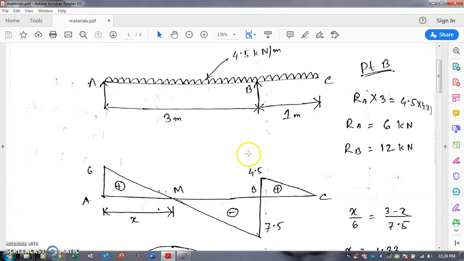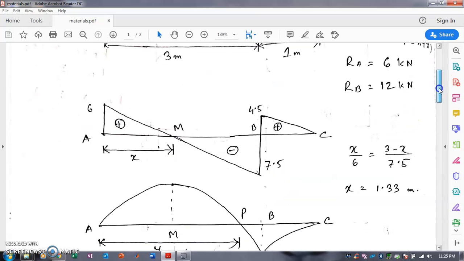We already discussed in the previous classes the shear force diagram for cantilever beam and simply supported beam. Now we are starting from the point C. So BC is a cantilever portion. For a cantilever beam with uniformly distributed load, we know the shear force diagram, that you can revise from the previous classes.